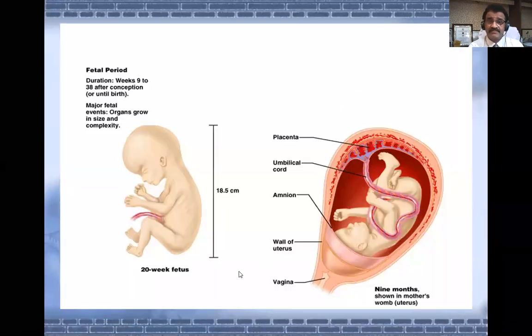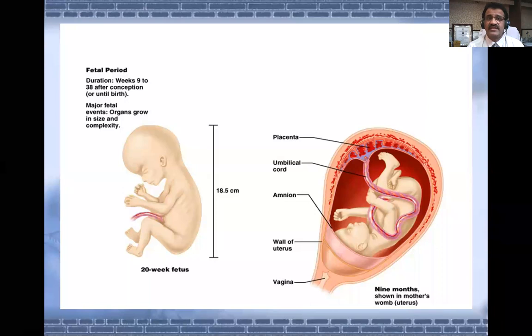By the time it is 20 weeks, the fetus will look like this. 20 weeks means almost 5 months, a baby of 18.5 centimeters, and this is a 9 months baby shown in the mother's womb, in the uterus. So the duration of the intrauterine life is